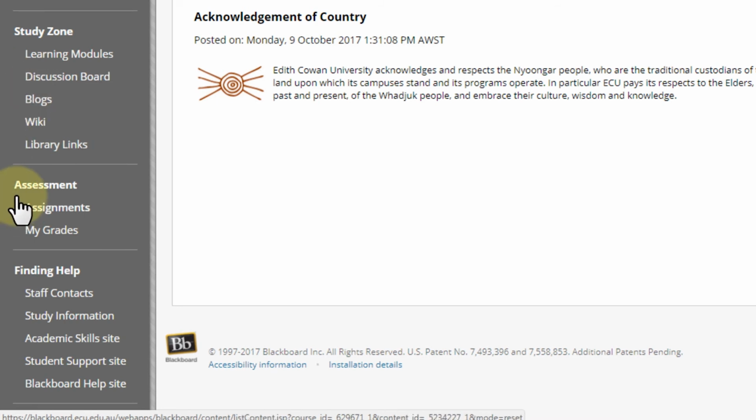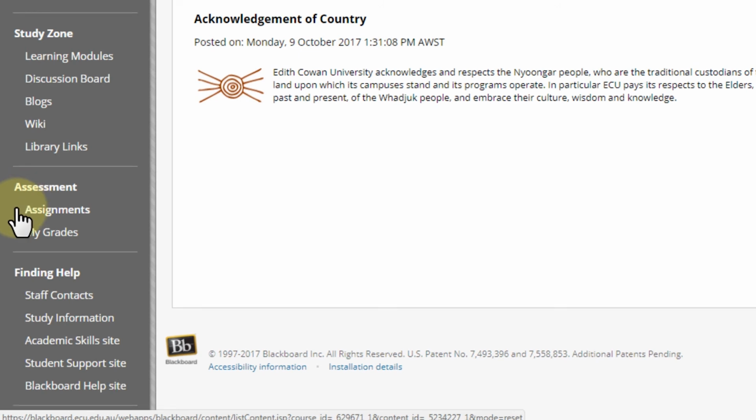The next heading down is Assessment, and there are three really important things you'll be doing here. Firstly, this is where you'll find your detailed assessment outlines and info documents. Secondly, this is where your lecturer will have placed any online submission boxes, where you will come to submit your work via tools such as Turnitin or Blackboard tests. Thirdly, you can come here after your lecturer has marked your work, to check out your marks and look through your detailed feedback.